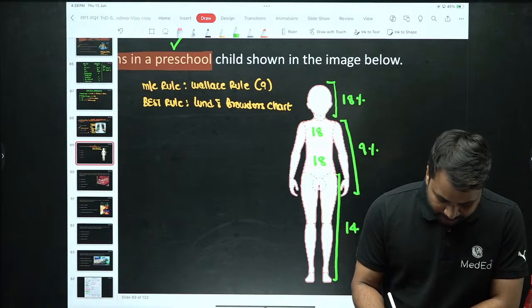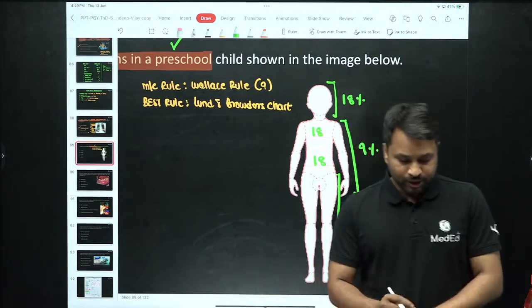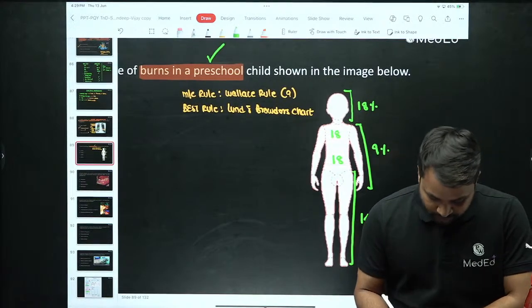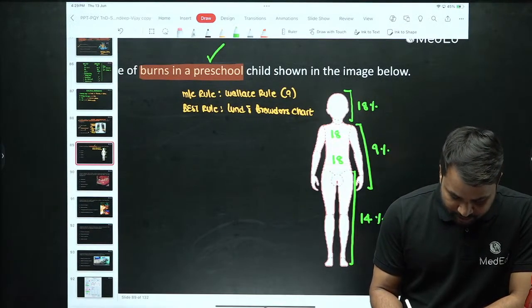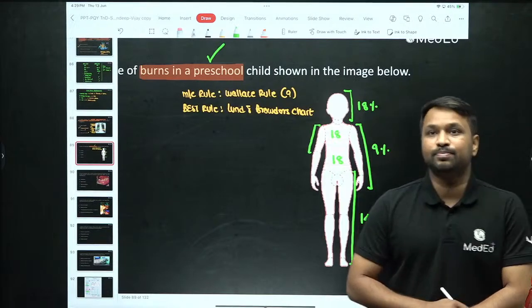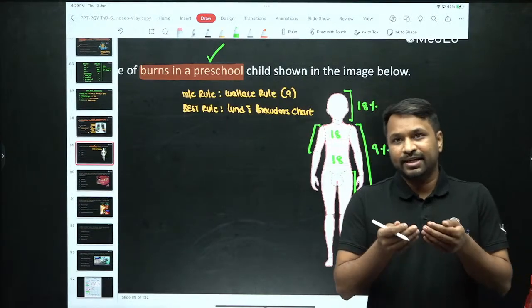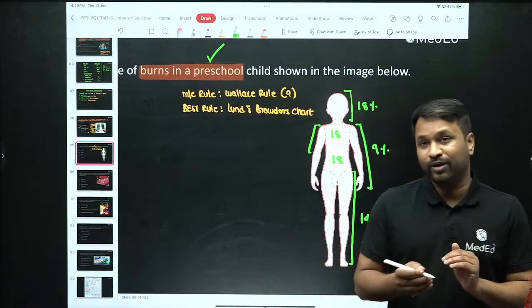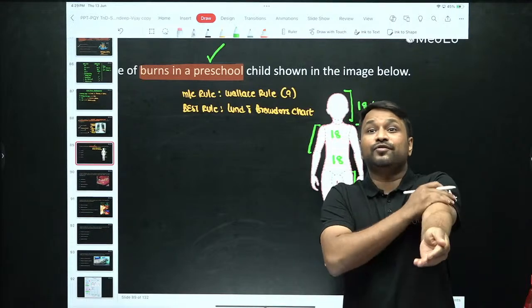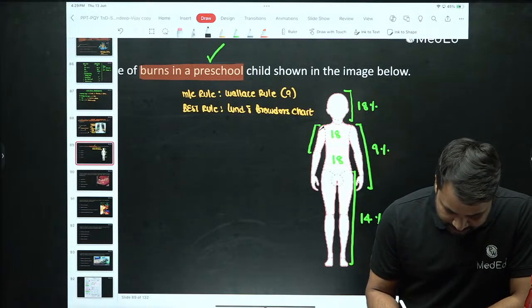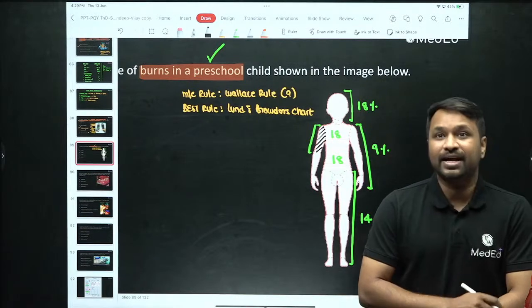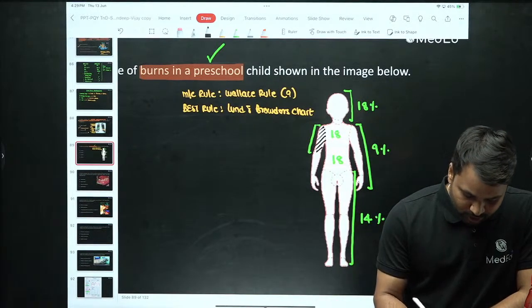There is no perineum in a child, right? So, in this, what do you have? You have the anterior surface, the whole upper limb is 9%. This much part it is burnt, right? So, the half is nothing but 4.5, but in that only the anterior surface is depicted. So, on the anterior surface, you see this is the area that is burnt. Only the anterior surface is depicted. So, this will be your